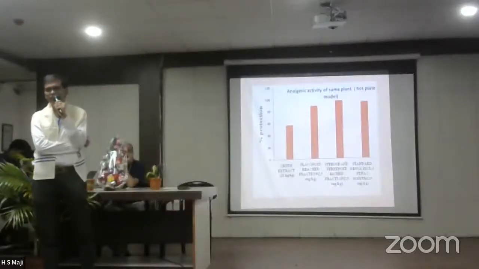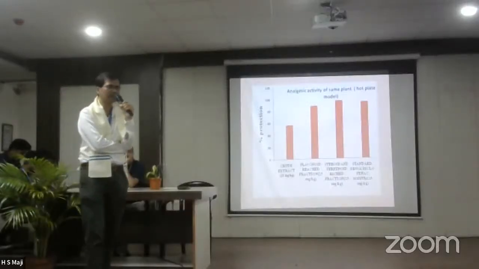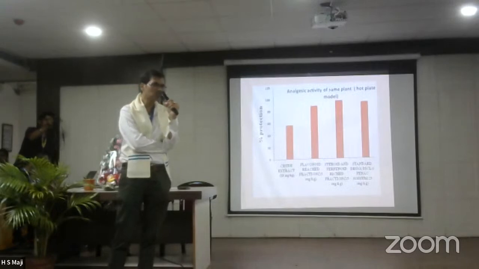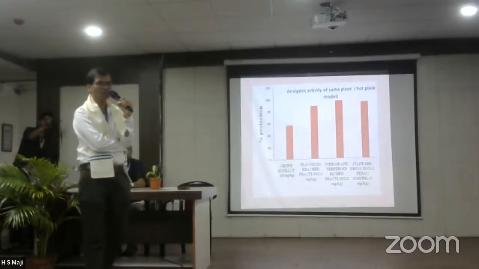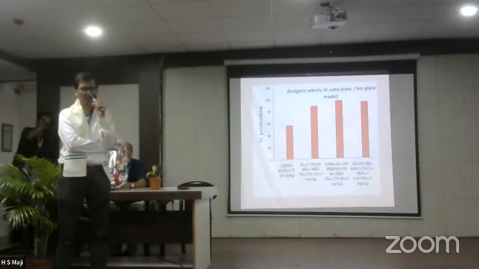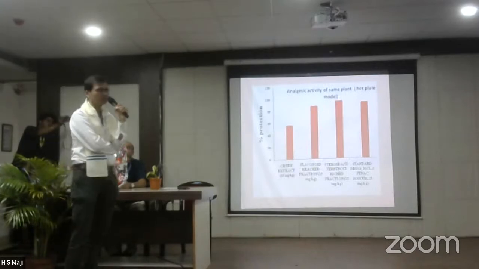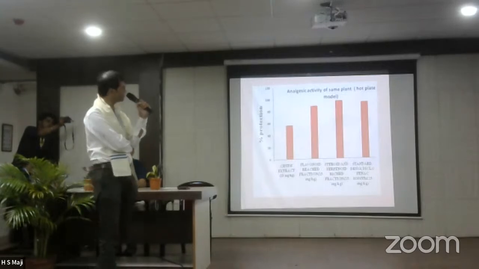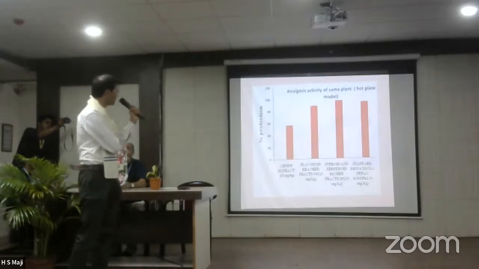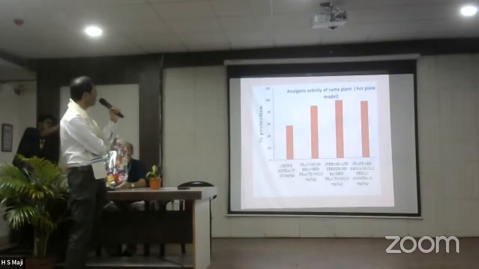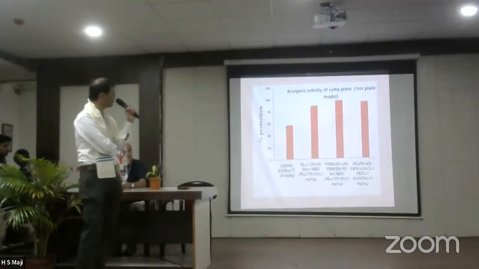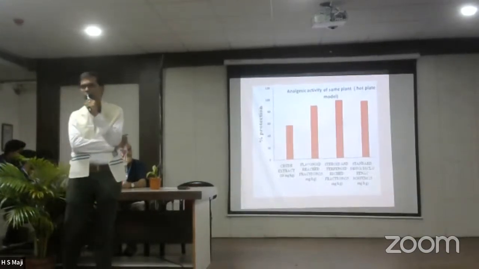Another fraction, the crude extract contains several secondary metabolites, but not all the metabolites are responsible for the activity. So, which disease are we targeting, based on personalized medicine? We can separate a steroid-rich fraction and a flavonoid-rich fraction from the crude extract. Here we have just carried out the hot plate method to analyze the activity of the same plant, Euphorbia